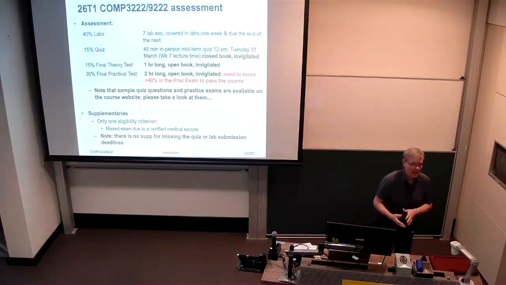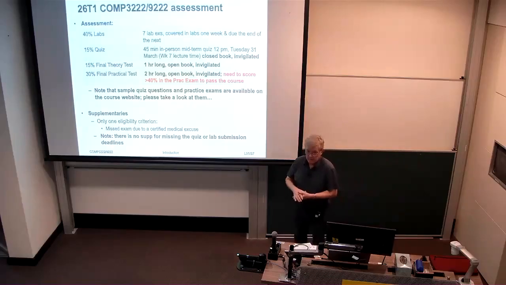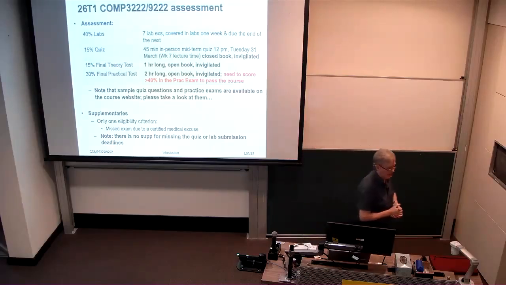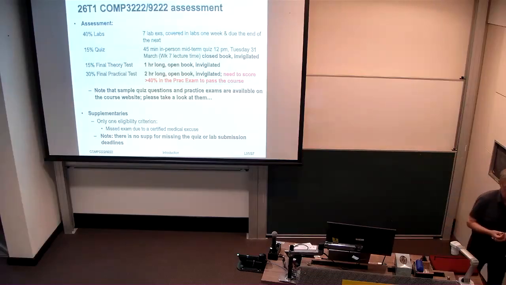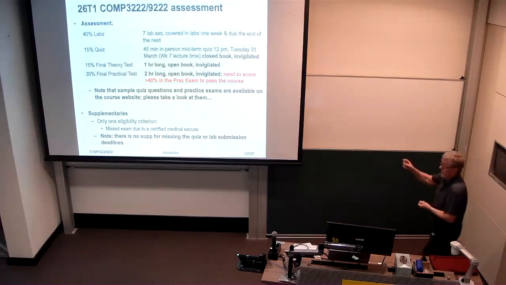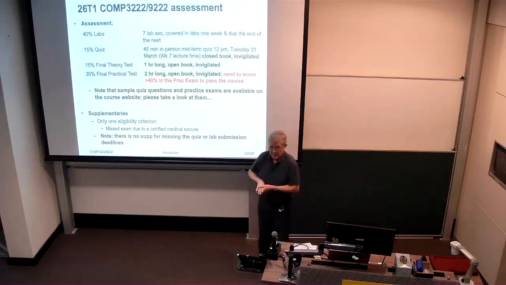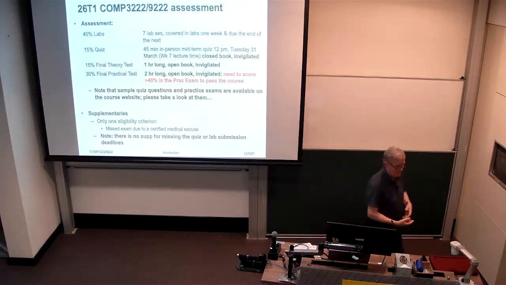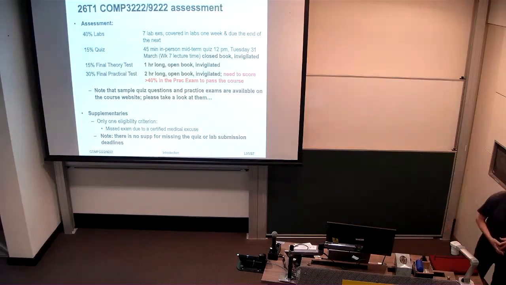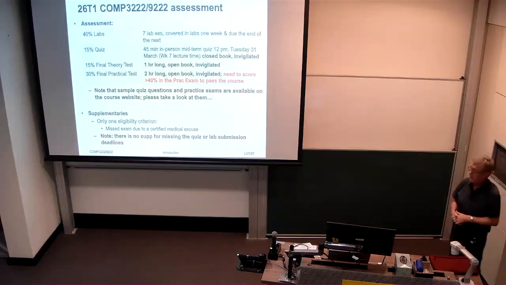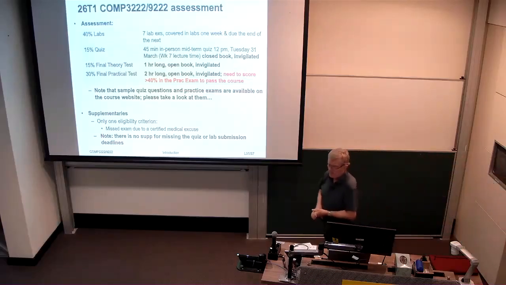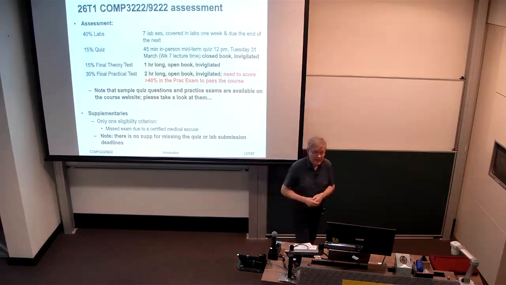Last year, I think I had 100 people sitting the final exam. 11 people who would have passed the course otherwise failed because they failed the prac exam, the hurdle. They didn't pass this hurdle, right? So they got a UF. There was another 20-odd that failed the exam and would never have passed the course even if they had passed it. So that all up is between 25 and 30 people that failed.